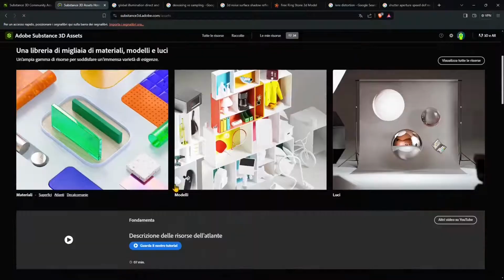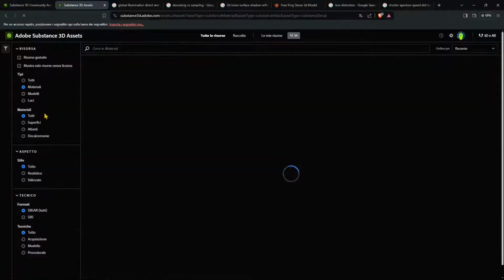You'll find the playlist. Now, another one is the Adobe Substance 3D market, or well, it's not a market, but you need to be